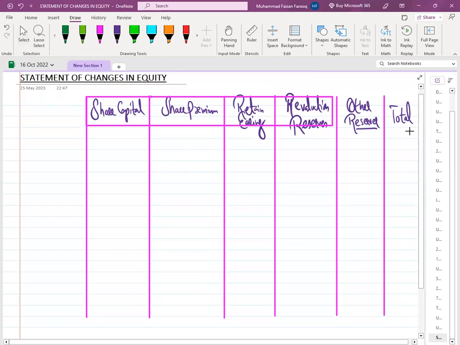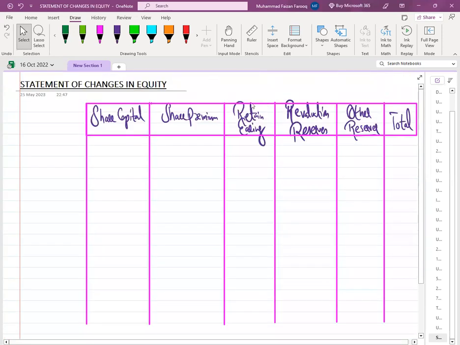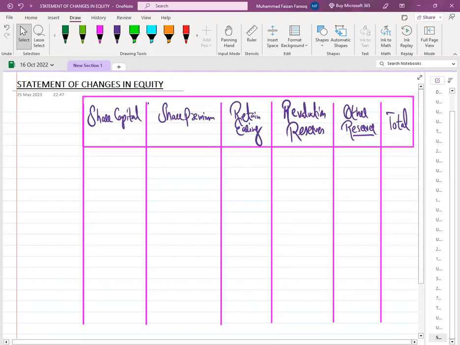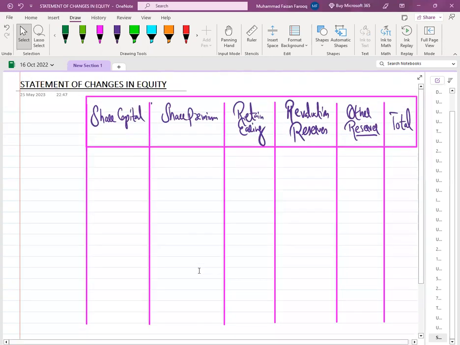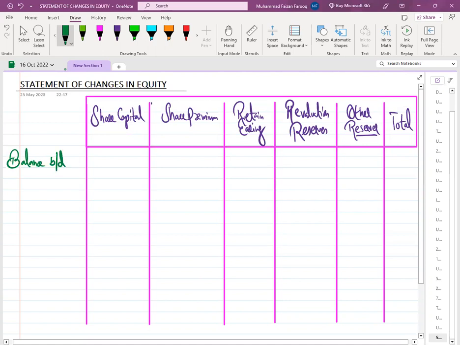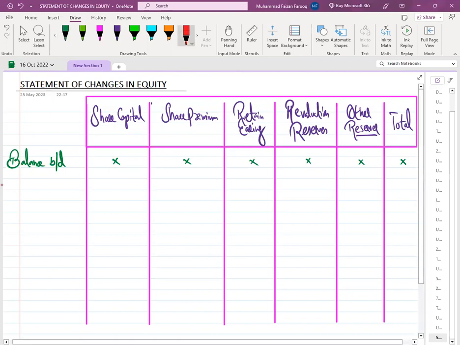Now, how do we post things here? We are now going to learn. The format continues. The first thing will be the opening balances, which is balance b/d. B/d means opening balance. These balances will be given to you in any question. After that, we learned